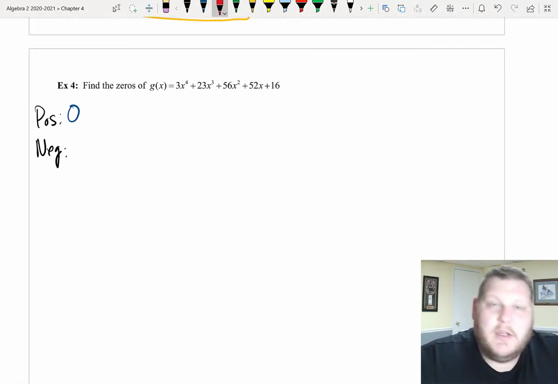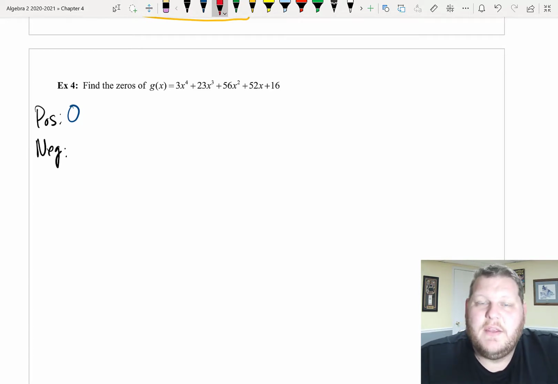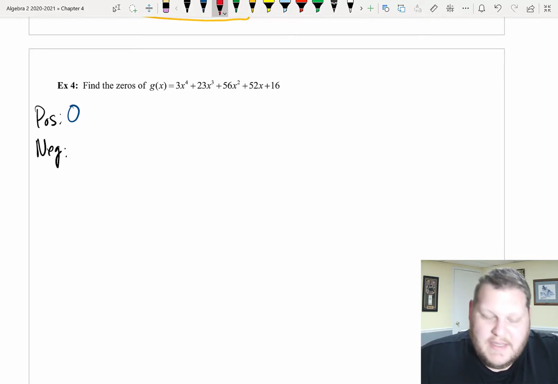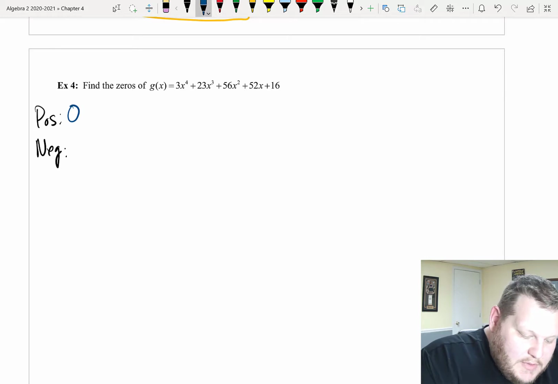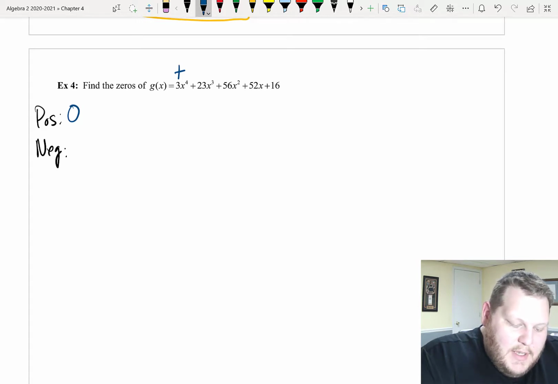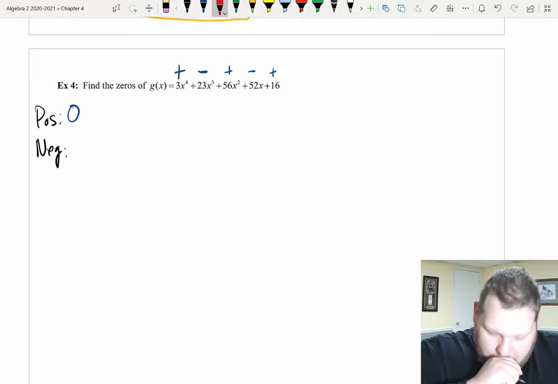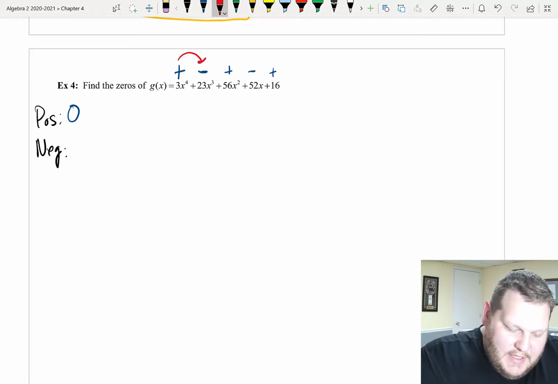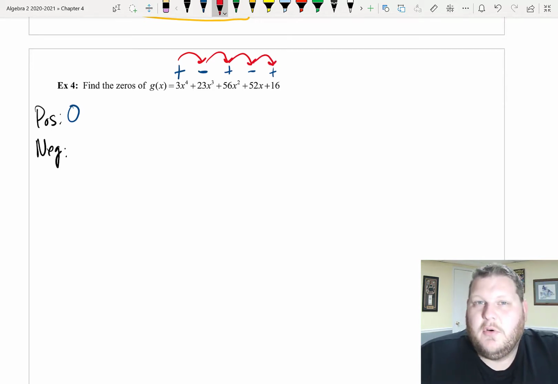we're only looking at, if we plug in a negative x for our x value, those odd degrees would switch signs, those even degrees would stay the same. So this x to the 4th stays as it is, so this is still positive. Here, I'm just noting above what their signs are. This x cubed becomes negative, our x squared stays positive, our x to the 1st goes negative, and this constant stays positive. So in this case, we have positive to negative 1, 2, 3, 4 sign changes,